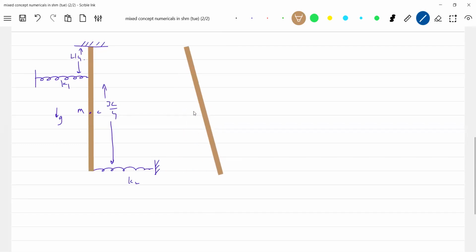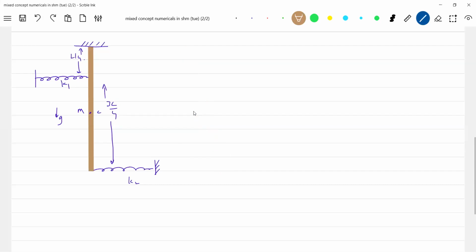Sir, is it not a compound pendulum? Yes, it's a rigid rod, but along with the weight of the rod, spring forces have come into the picture. Try to understand. Nothing big is there. So we have to calculate the time period of oscillations of this system. Along with the weight, spring forces are also acting. All of you able to imagine? To some extent, I am able to show that this is what happens. So don't think that this is SHM. Length of the rod cannot change. Length of the rod should be constant, L.